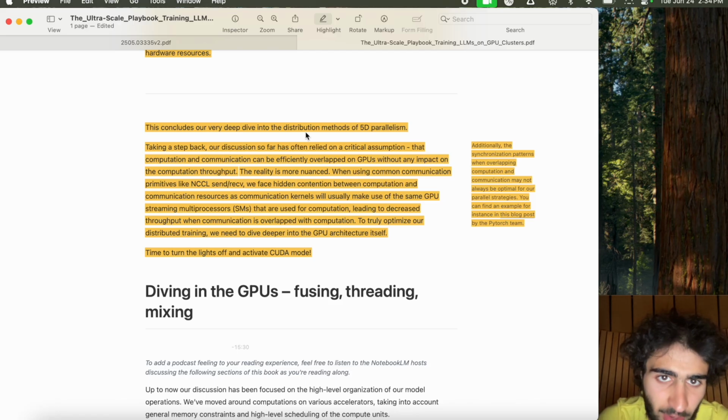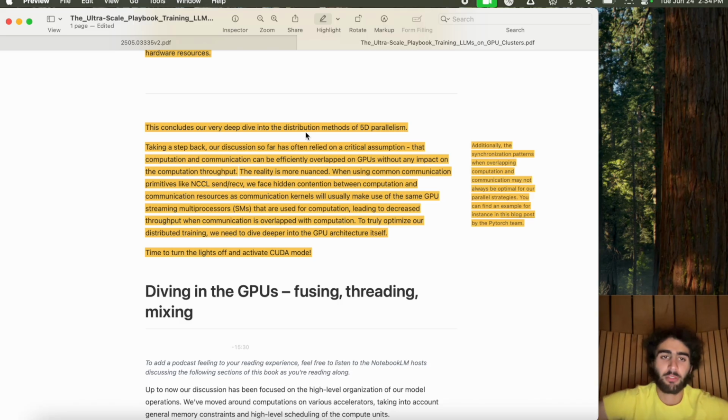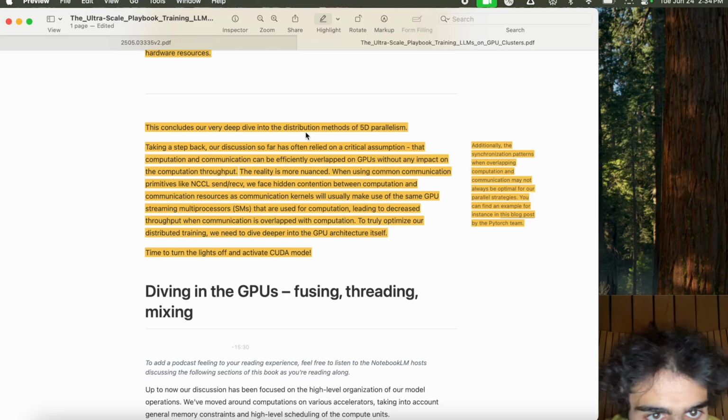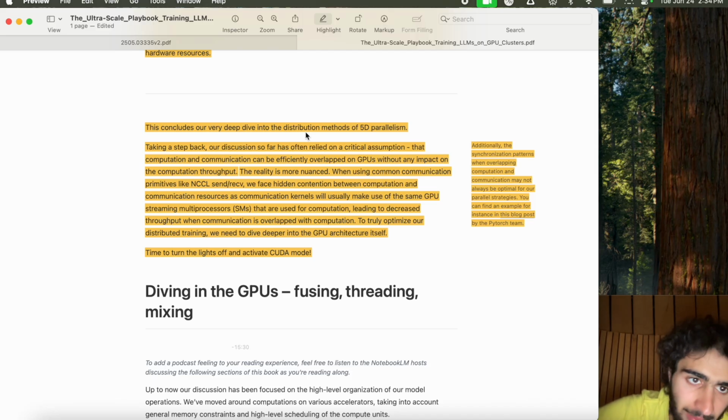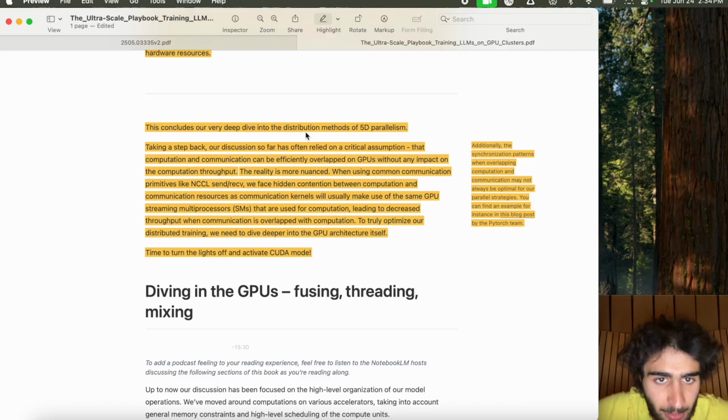Taking a step back, our discussion so far has often relied on critical assumptions, such as that communication and computation can be efficiently overlapped on GPUs without any impact on the computation throughput. And this is more nuanced in reality, because when using common communication primitives like NCCL send/receive, etc., we face hidden contentions between computation and communication resources, as communication kernels usually make use of the same GPU SMs, which are streaming multiprocessors, as used for computation, leading to decreased throughput when computation and communication are overlapped. And to truly optimize our distributed training, we need to go into the deeper GPU architecture itself,